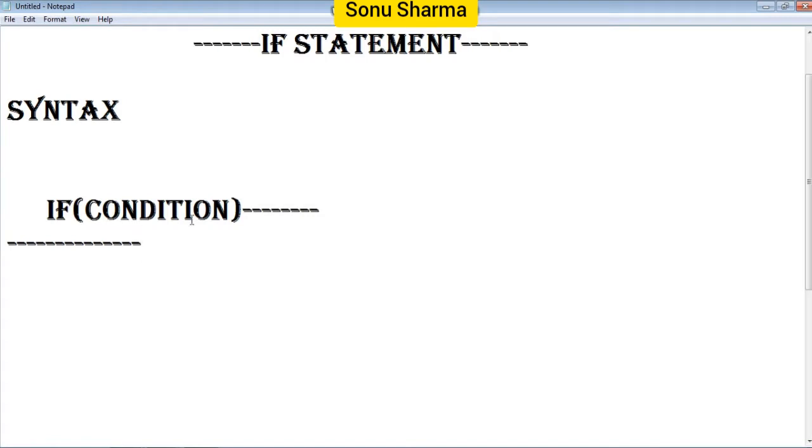So an if statement will evaluate to either true or false once the condition is tested. Okay, so what does if statement do? If statement tests the condition, whatever you give the condition, and it will give the answer true or false. Okay, if the condition is true, then it will execute the statement, or if the condition is false, it will not execute the statement.